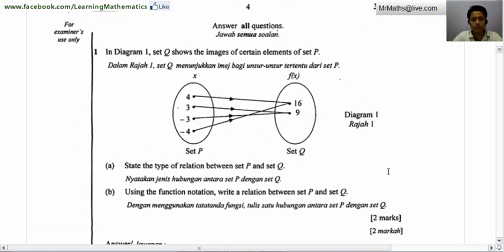Okay, first question. In Diagram 1, set Q shows the images of certain elements of set P. State the type of relation between set P and Q. I think you are very well aware of, if you have studied maths, add maths, then you know there are 4 types of relationship, which is